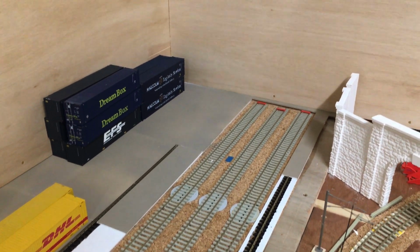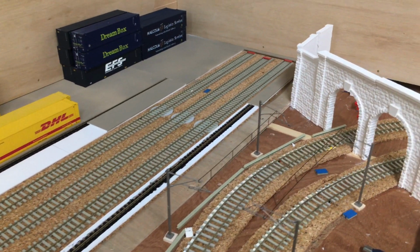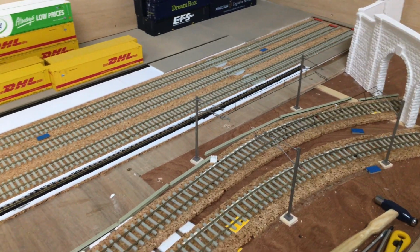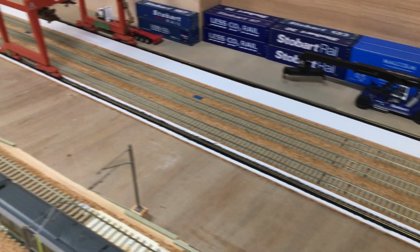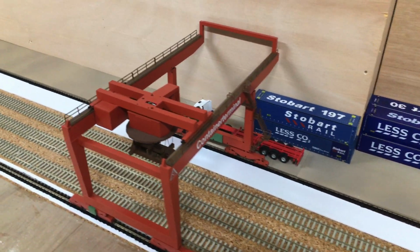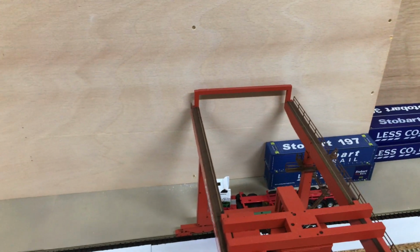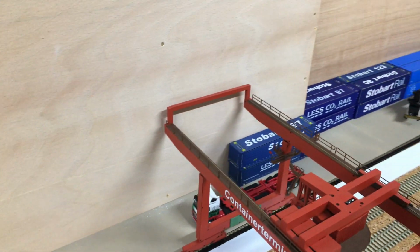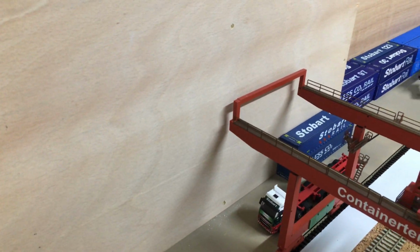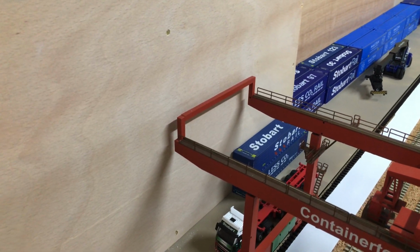So that whole corner scene should fit quite nicely with the trains coming out of the tunnel portals alongside the container depot, and then I'll have the container crane operating in the back scene here. And one of the other issues I've had, I need to make sure that when I put a back scene in this area, is for the container crane not to